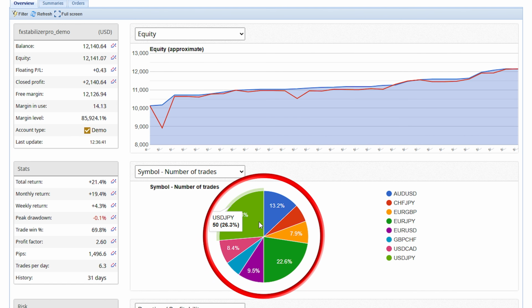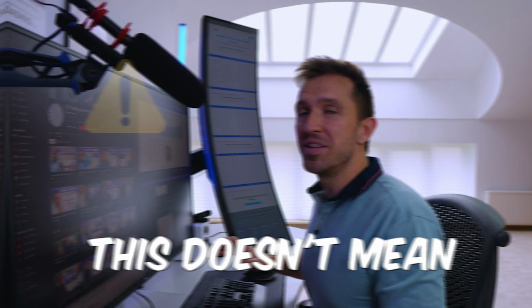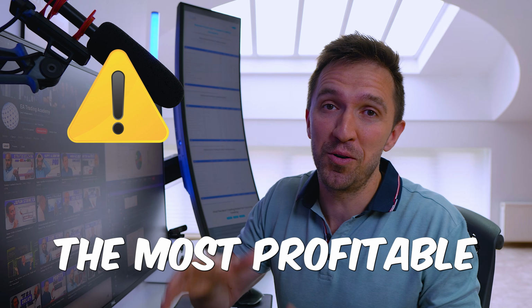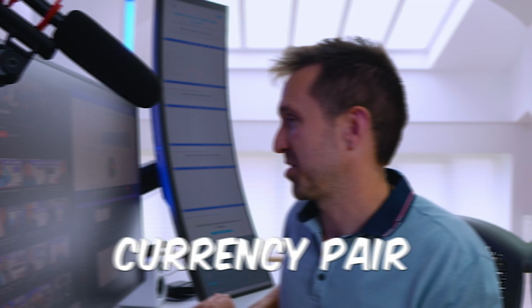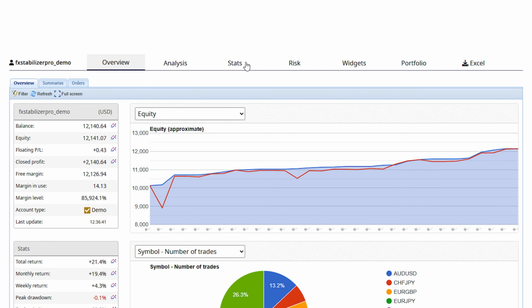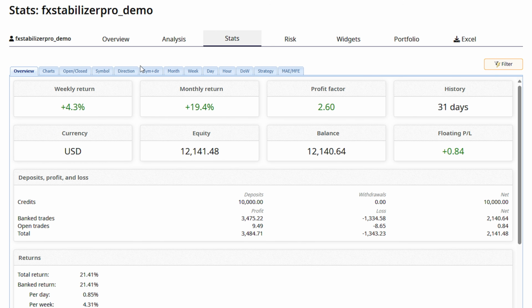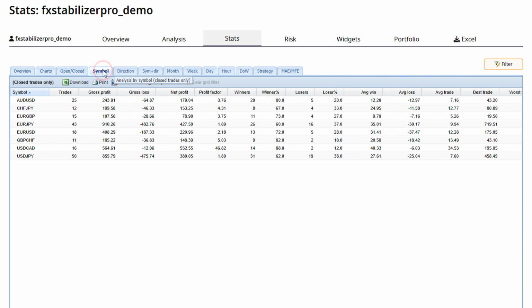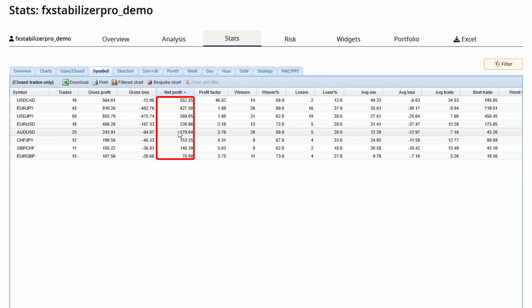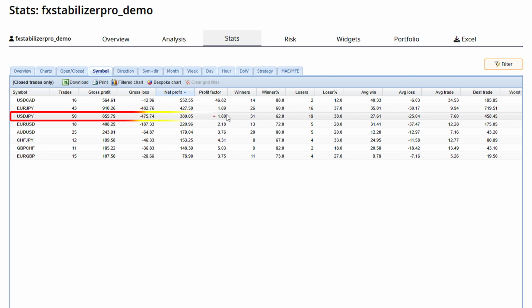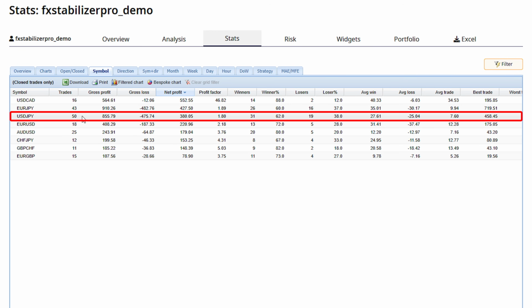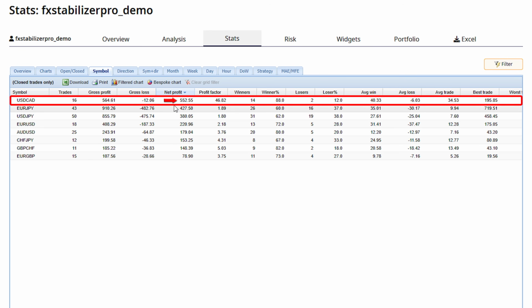We have the highest exposure with the dollar yen, but this doesn't mean that this is the most profitable currency pair. If I go to the stats and I switch to the symbol, you will see first of all that all of the 8 currency pairs are profitable. They all have a great profit factor, like the lowest is 1.8 with the dollar yen, exactly 50 count of trades, but the most profitable one with